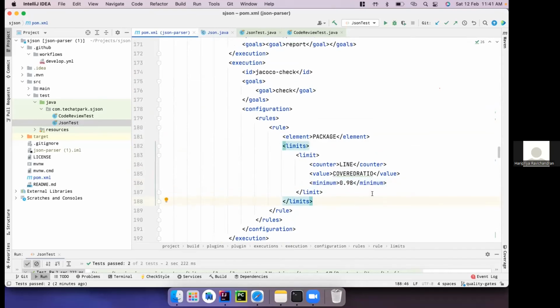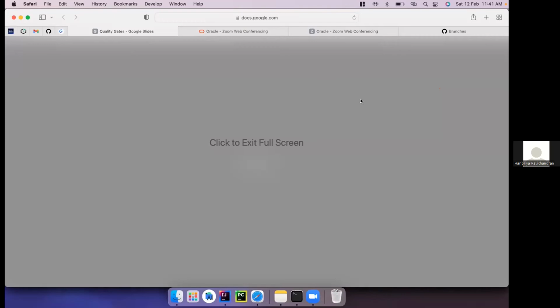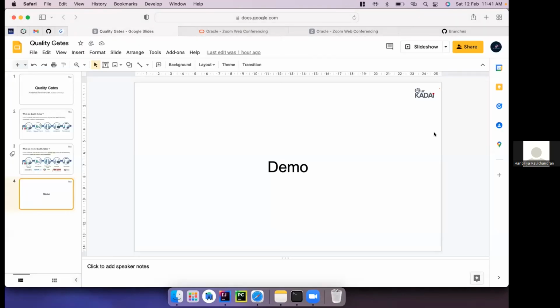This can also be mentioned in our GitHub Actions, and we can check this also. So this is about code coverage, and the last thing will be the GitHub Actions or the rule check. That can be done through our GitHub branches.